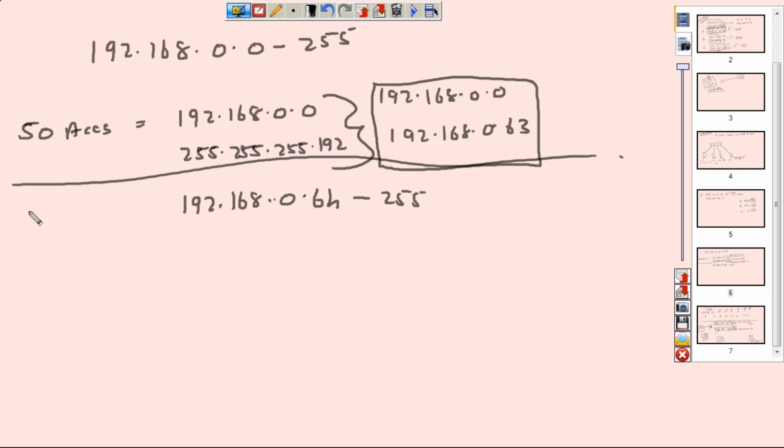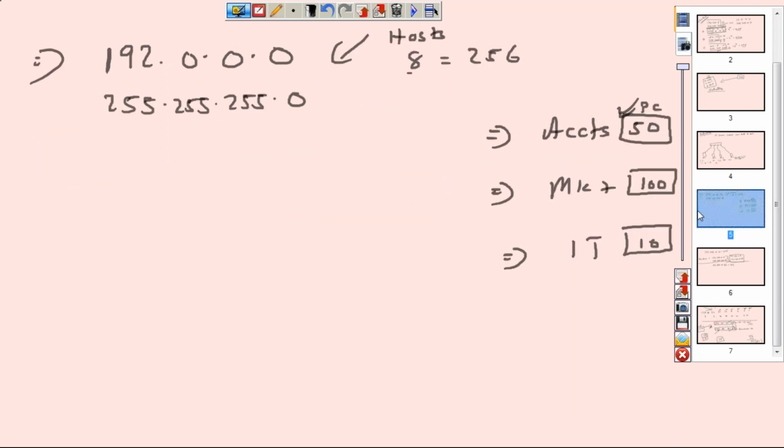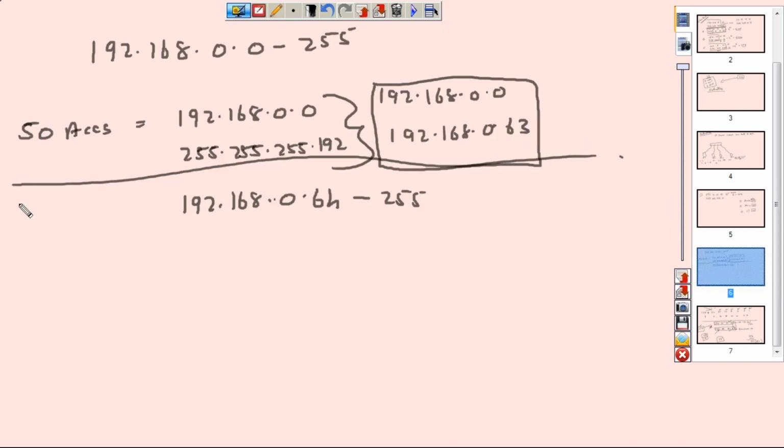And what is our next requirement? What was our next size? 100 for marketing, right. Now I'm going to make that a little smaller here because you always do the largest size first. So let's make this 25. Let's kill off some of the marketing guys, shoot 75 of them because those guys are terrible anyway. All right. So let's say my marketing team size is 25. I need 25 people, 25 IPs, 25 systems for the marketing team. Again, we ask the same question back. We put the original subnet mask there.